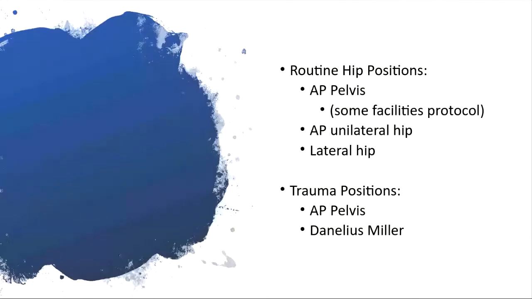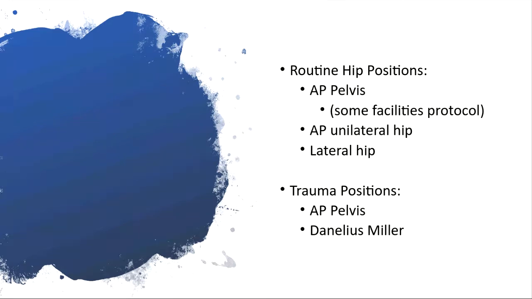Then we move on to the hip. If we look at the hip, the routine positions for a hip, in some facilities' protocol, include an AP pelvis, an AP unilaterally of the hip, so an AP of the affected hip, and then a lateral hip. Now, some facilities only want the AP unilateral hip and a lateral, but more and more, especially the Advent Healths,